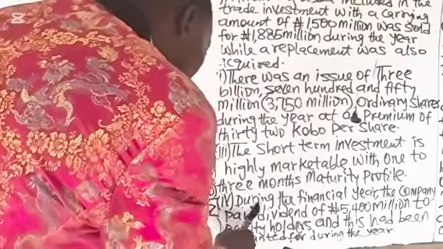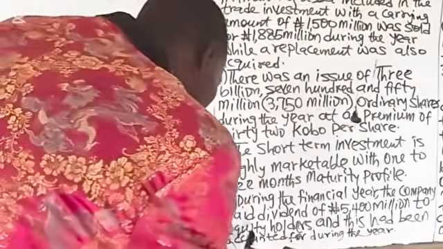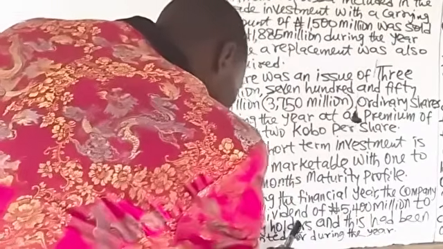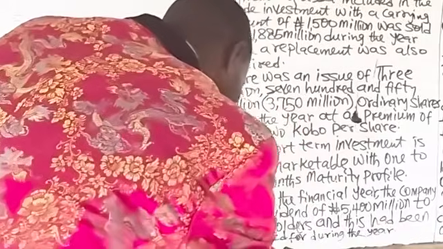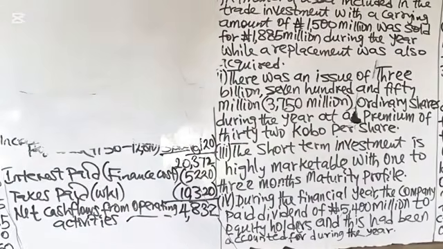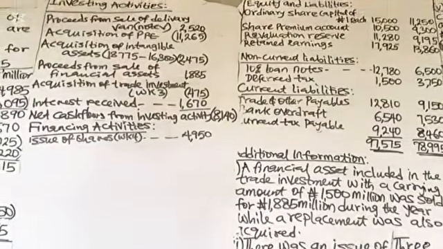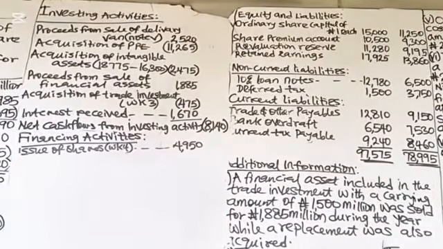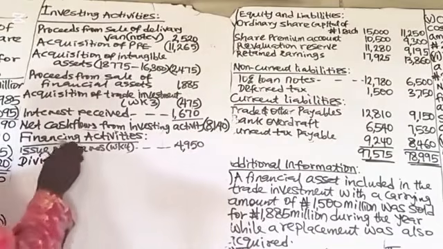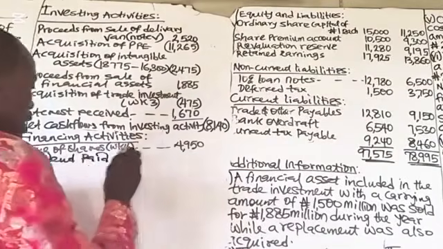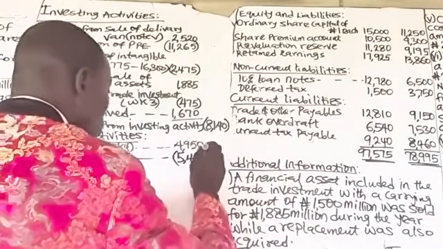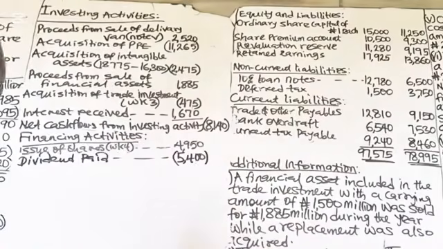In note 4, you were told that during the financial year, the company paid a dividend of 5.4 billion naira to equity holders, and this had been accounted for during the year. So we have dividend paid of 5.4 billion. You can record that dividend paid as financing activities. In case this dividend paid is not given in the question, if it is not given,